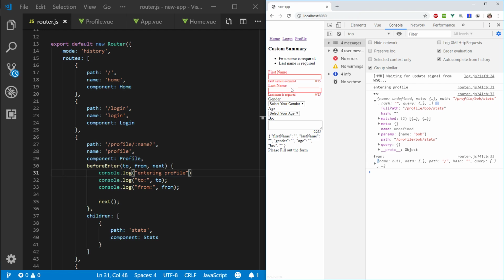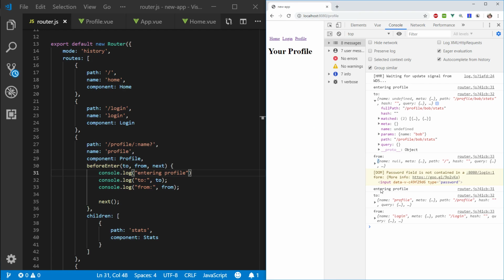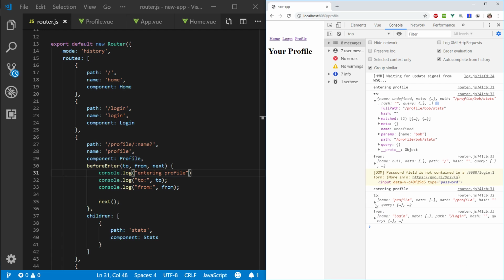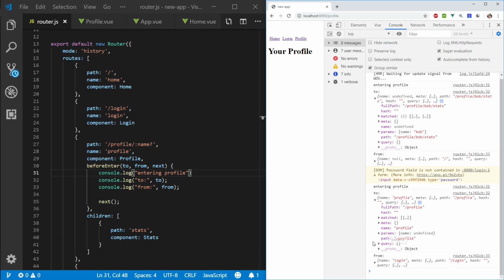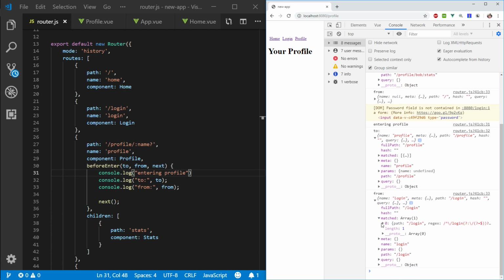So let's go to our home page, or rather the login page, and go to the profile, and you can see this stuff pops up here again, and you can see that we're going to profile and we're going from login, and what you do with this is really up to you. I don't think I ever got to use the to and from, or maybe I did use from, but essentially